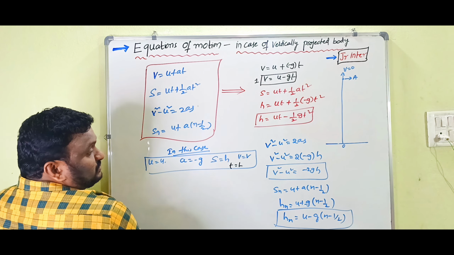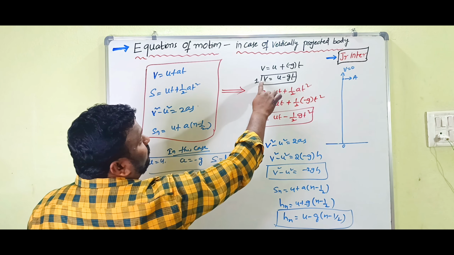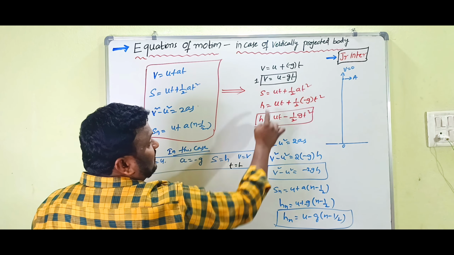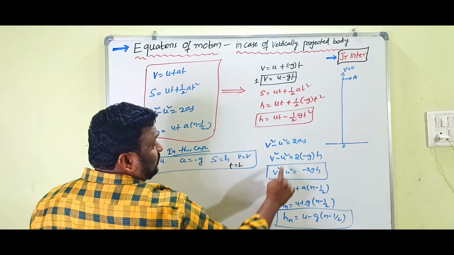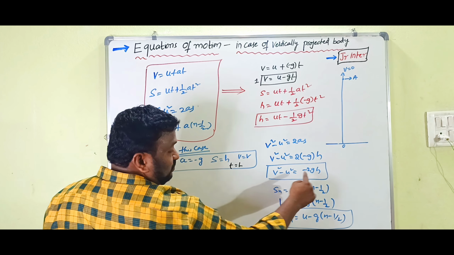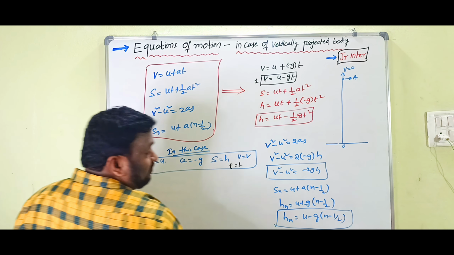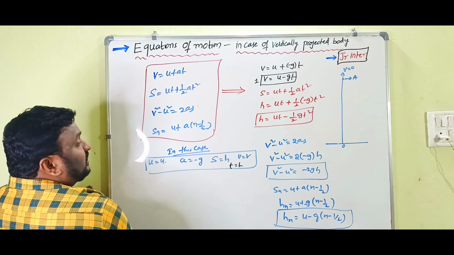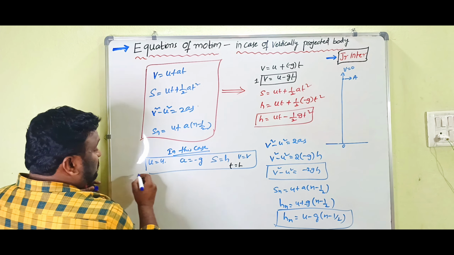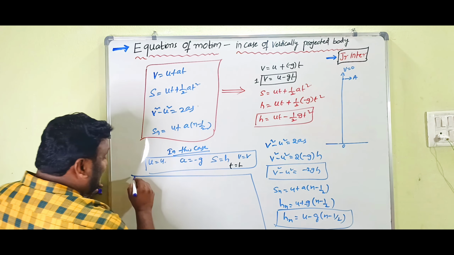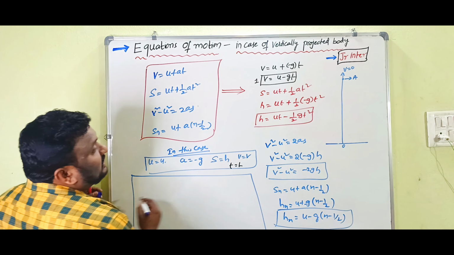Clear? Then what do you get? v is equals to u minus gt, h is equals to ut minus half gt square, v square minus u square is equals to minus 2gh, and h_n is equals to u minus g/2 (2n minus 1). Okay children, if you consider at maximum height, what happens is